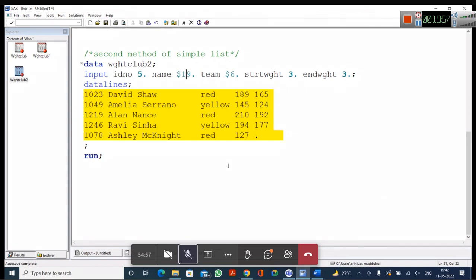Now, what should I do for the team variable? How many columns should I give for the team? 7. Very good. Because here up to